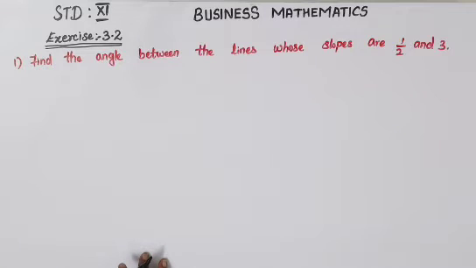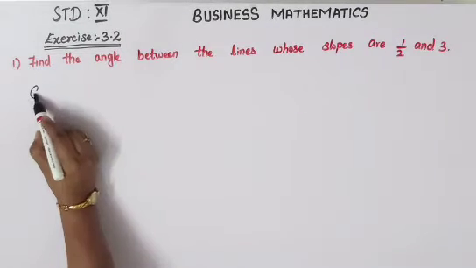Standard 11th Business Mathematics Exercise 3.2. First question, find the angle between the lines whose slopes are 1 by 2 and 3. Given